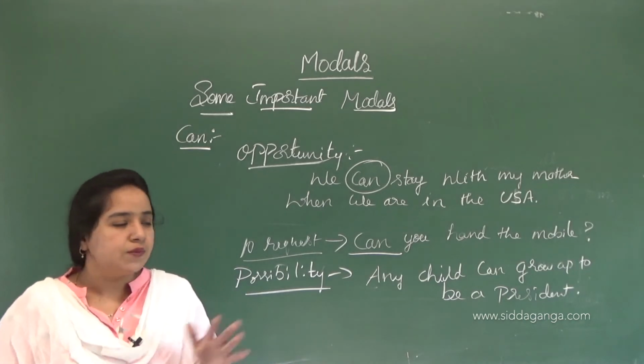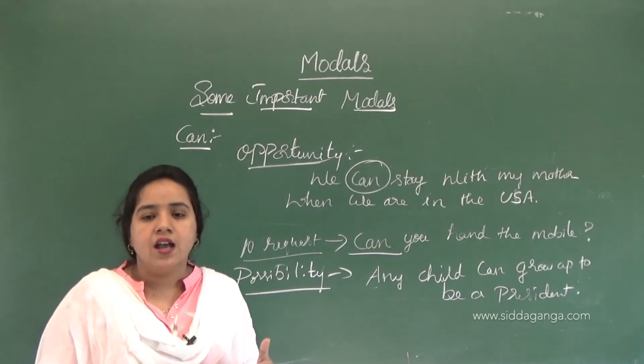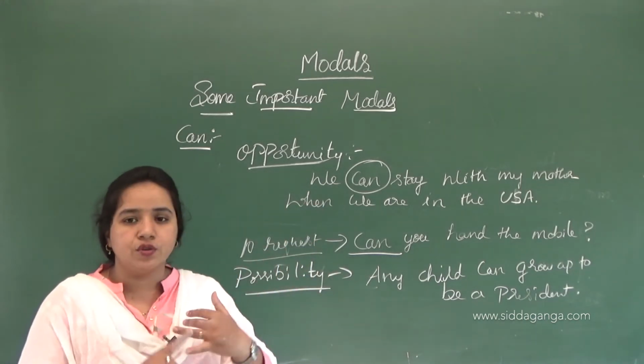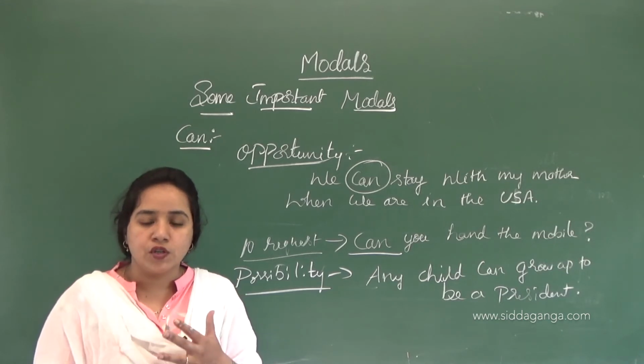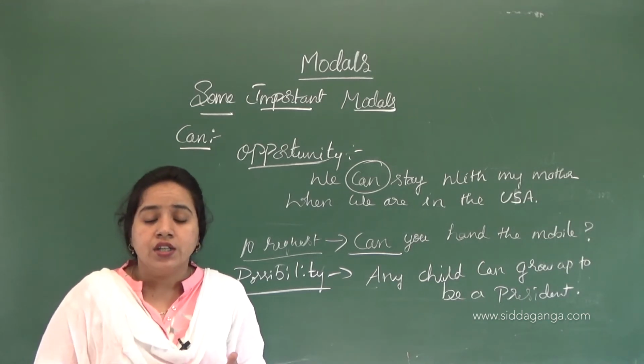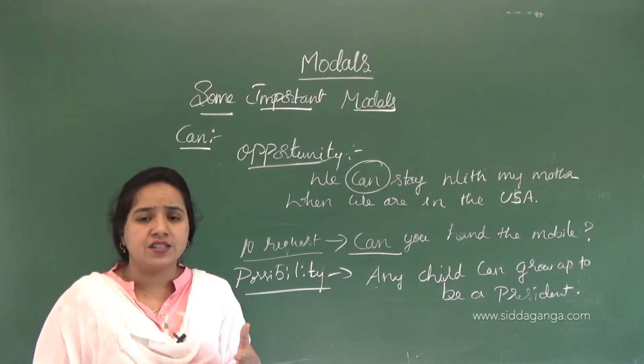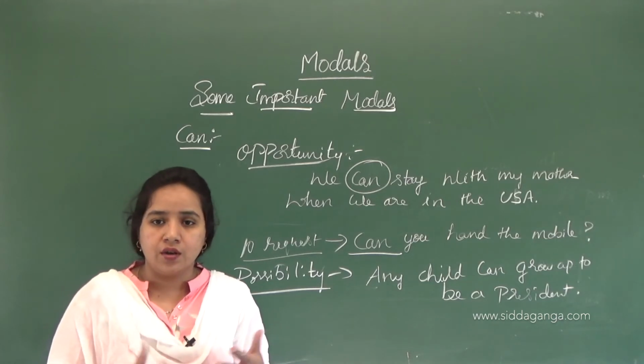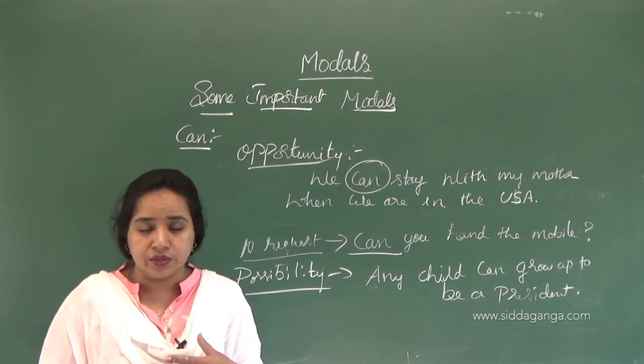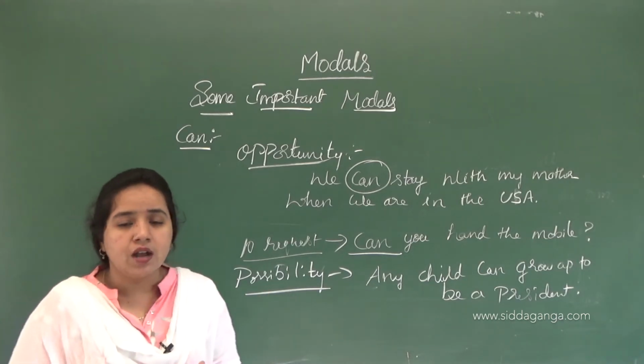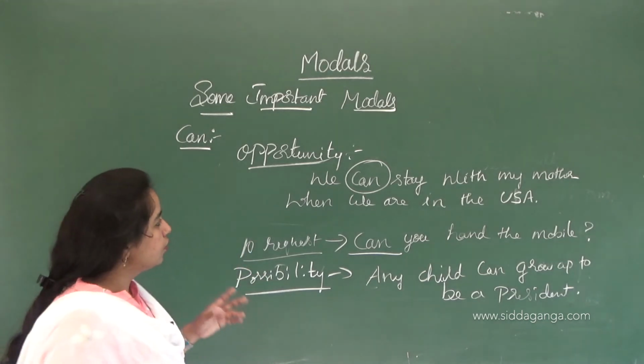So next, I hope that you all have understood. Just practice it again and again with those things, like I have told you: the ability, then possibility, then opportunity, then your request form of the sentence. If you want to make a request, what sentence should you use here? Okay. So now come to could. Use of could.